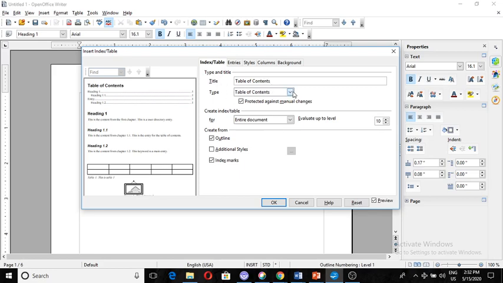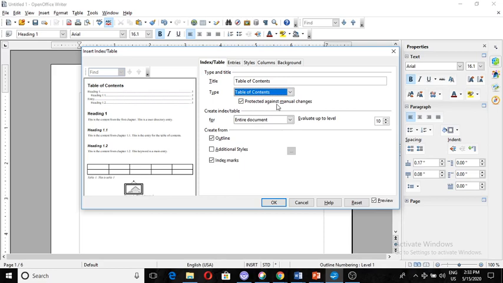Then type, there are many types, but in our syllabus only it is table of contents, so we will cover only table of contents. The option protected against manual changes is checked by default.